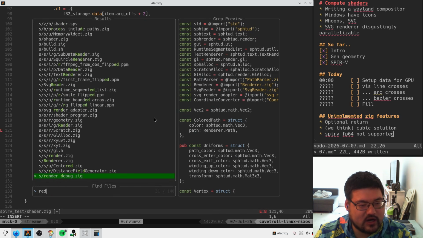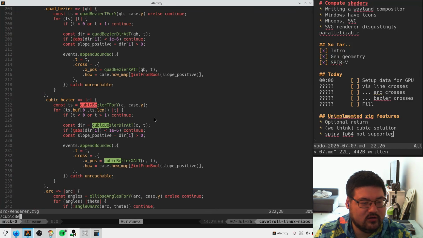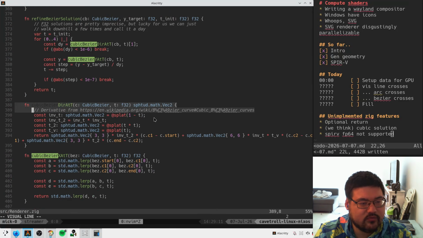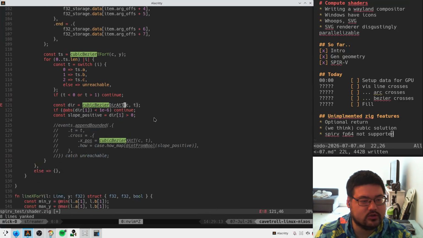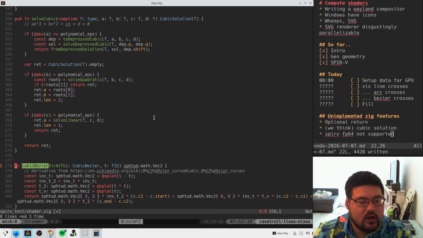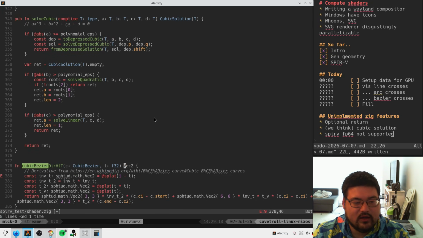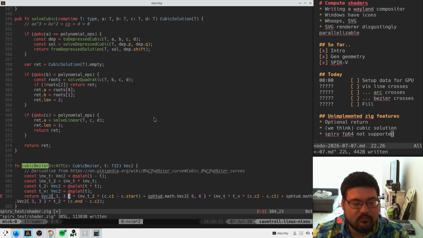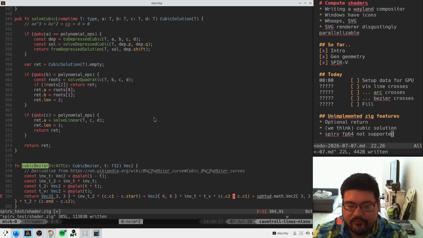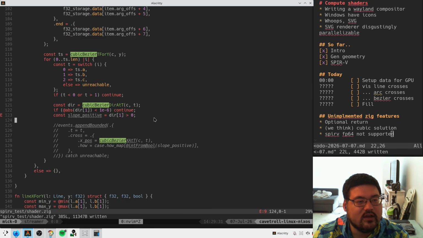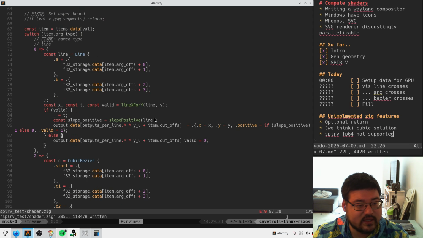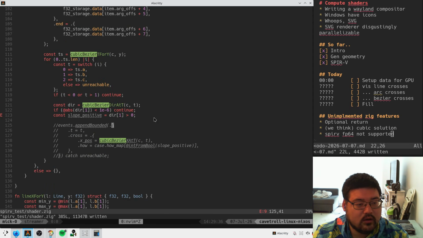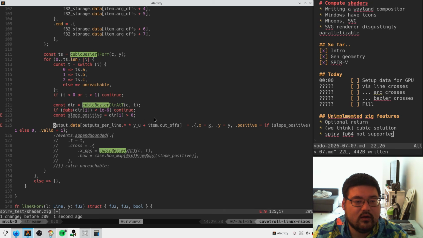Cubic Bezier dir at T. Fuck it. This. Oh, beautiful. That is so straightforward. Well, I mean, straightforward in the world of the amount of code I have to copy paste. Not necessarily in terms of implementation, but it's not that bad. Just a little derivative. Just a little derivative. And so, if we find this thing, we say